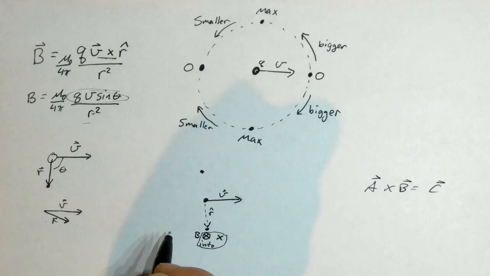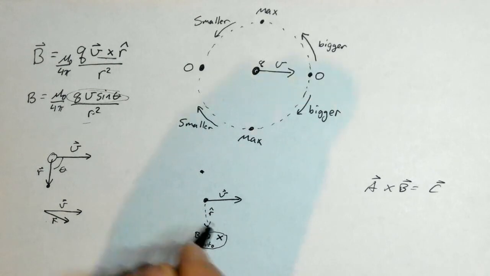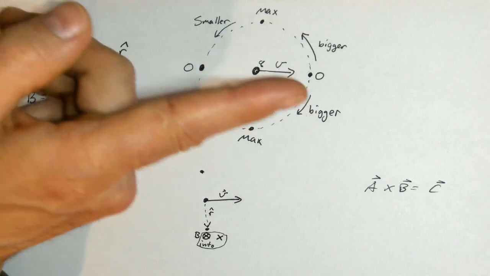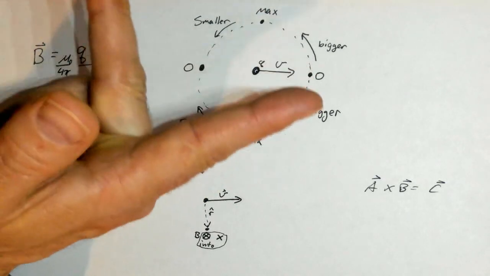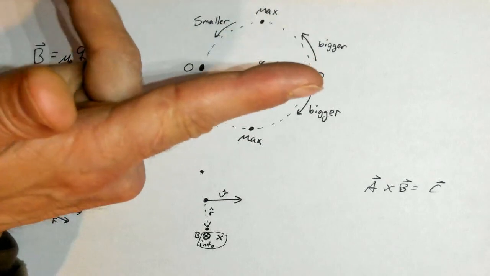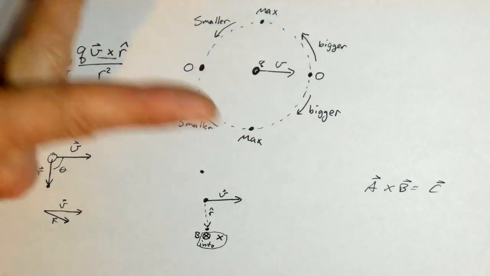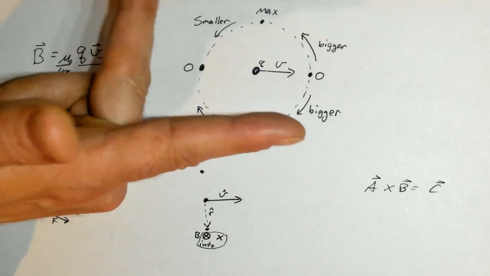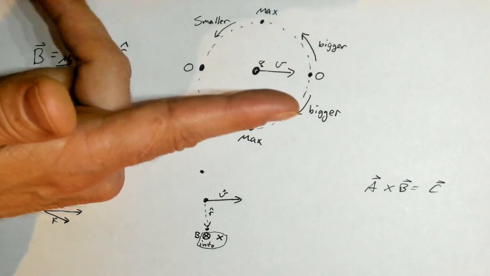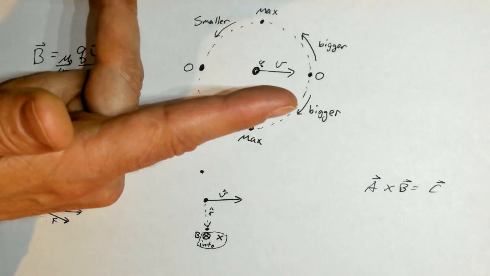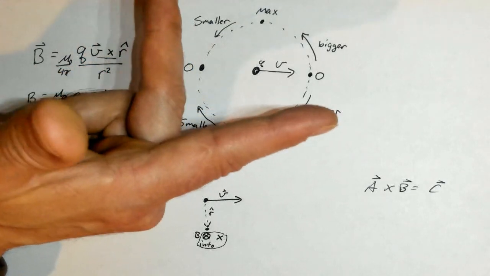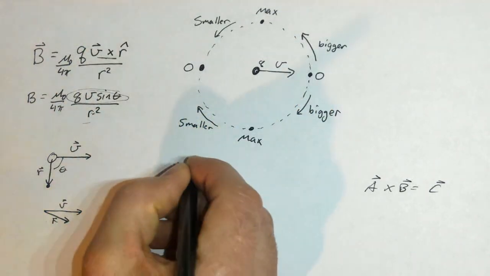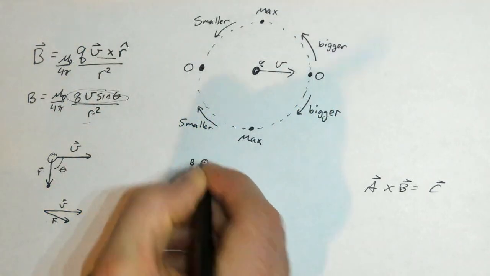What is the direction of the B field up there? Well, if we try it again, V is this way. Now R is pointing upwards along the page. Sorry, I'm looking at a video, so this is awkward trying to move my hand so it's clear. V is that way, R is pointing up the page, which means my thumb is pointing out at you. And so that means the B field is out,